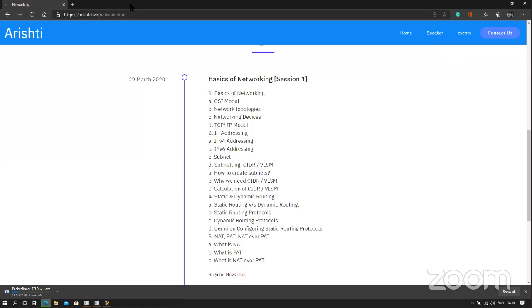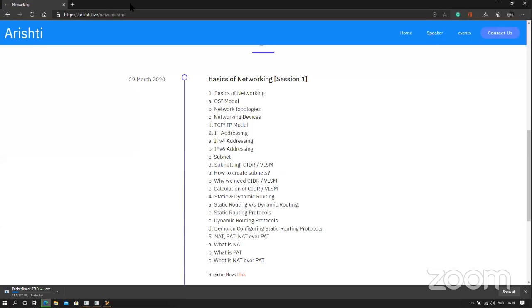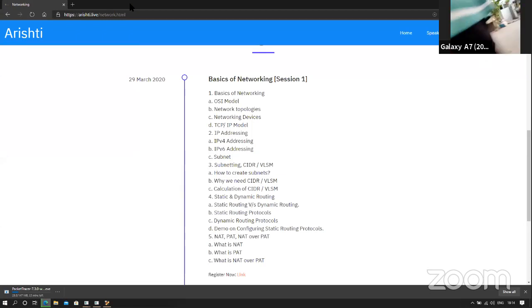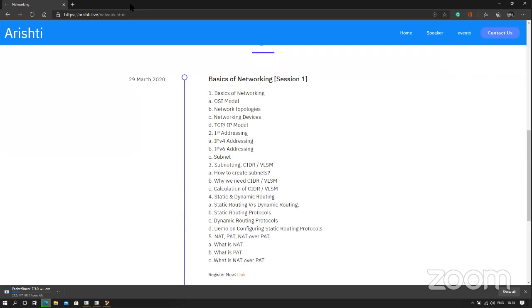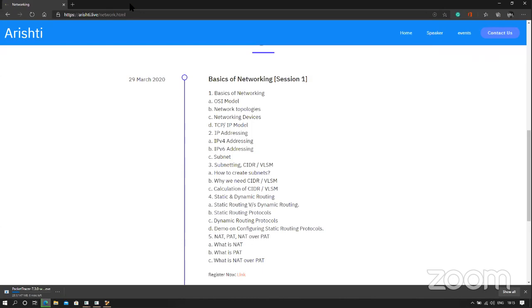Okay, so the OSI model was the reference model that helped in modern day networking. The OSI model, also known as the Open Systems Interconnection model, is the reference model. Now, the OSI model basically has 7 layers: the application layer, the presentation layer, the session layer, the transport